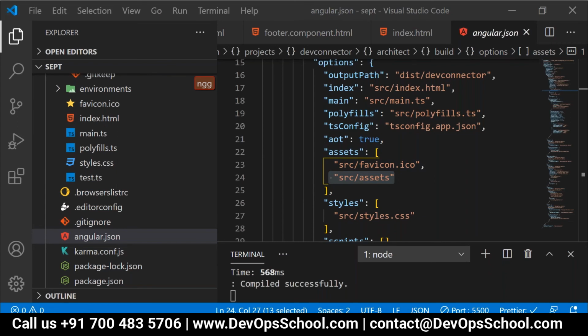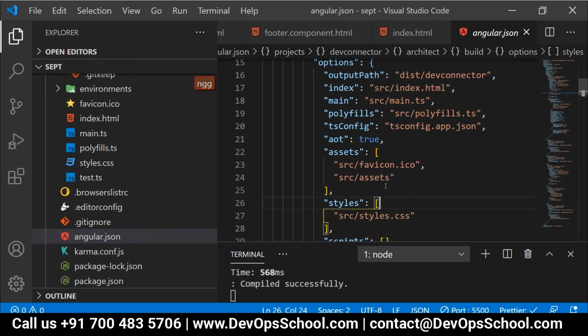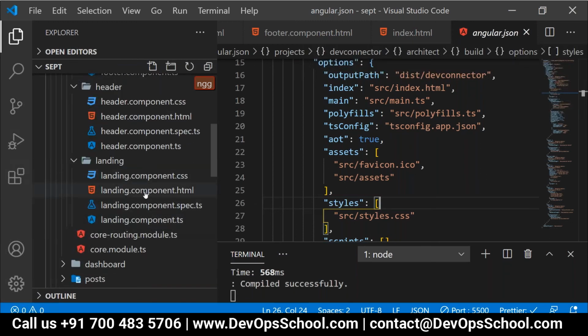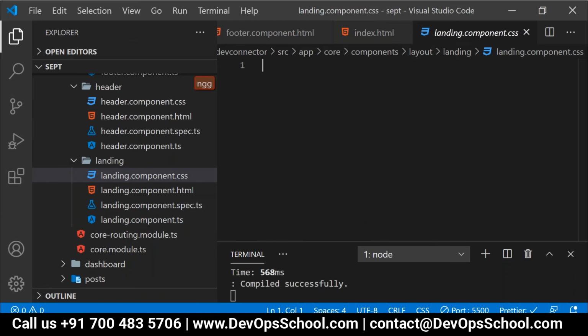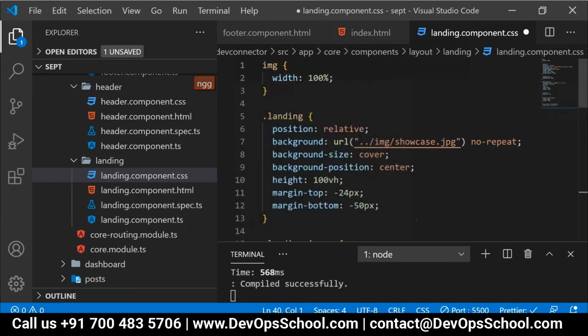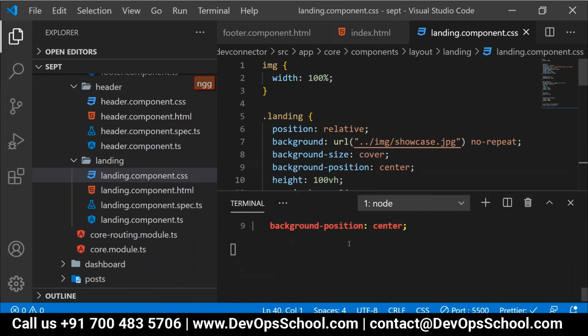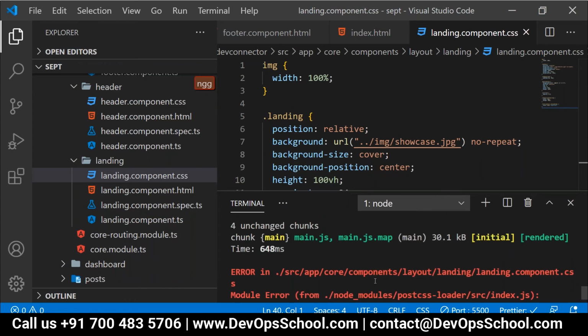Anupriya, Balaji, Jyoti, Purnima, is it clear? Sudhindra, correct? So here all the integrations are done in which file? Inside the angular.json, correct? Now, first of all, I'll take you to the landing.component.css. Here I'll paste it. After pasting, people have a look over here. Is it giving us an error? It's giving us an error, correct?